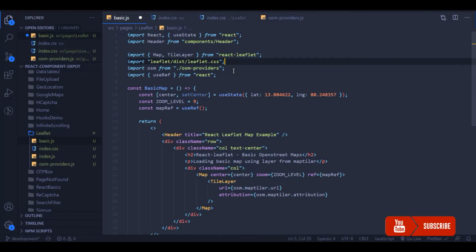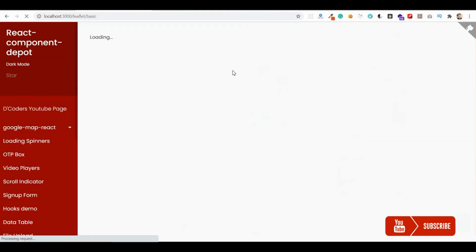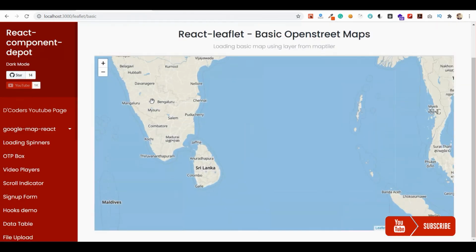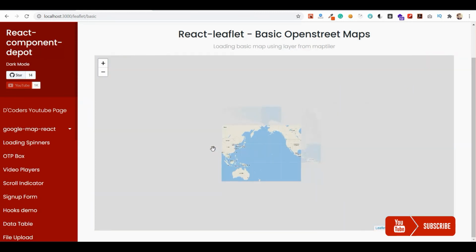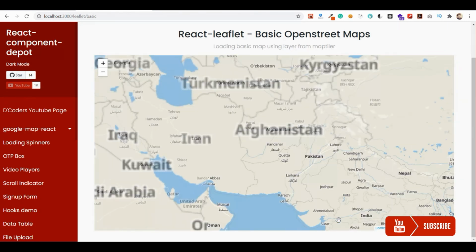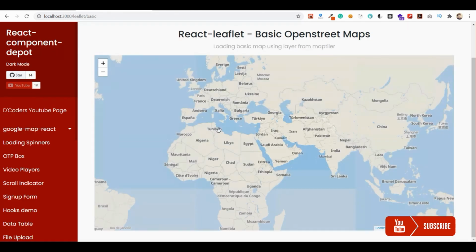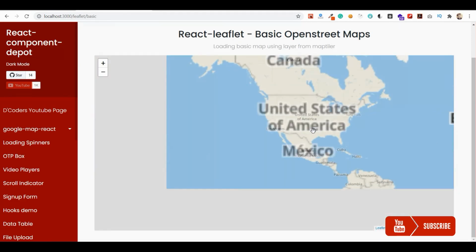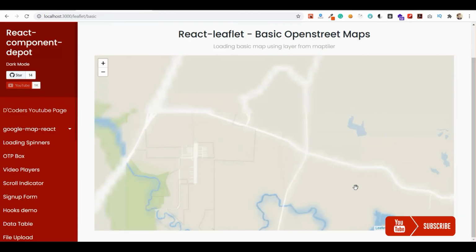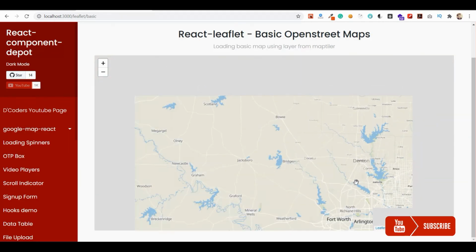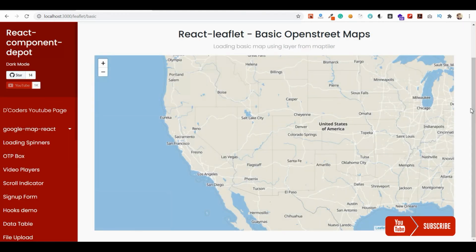Once this is done, you will be able to see a properly rendered map in your application. Let's go there and refresh this. Now you can see the proper map that is coming from MapTiler, and we displayed it using Leaflet. Thank you guys. It's very easy to integrate a static map in React using an OSM provider. You can use it in any of your React applications, and you can choose the matching OSM provider that suits your needs.